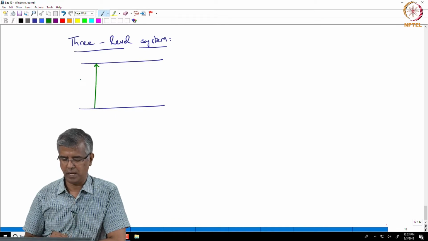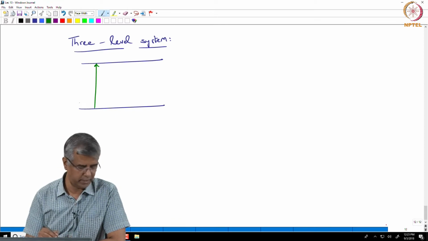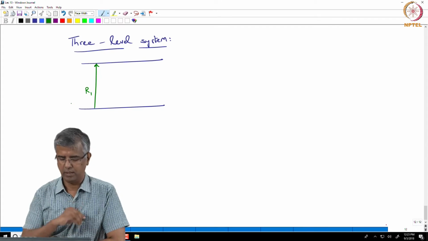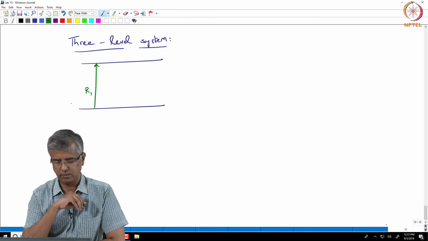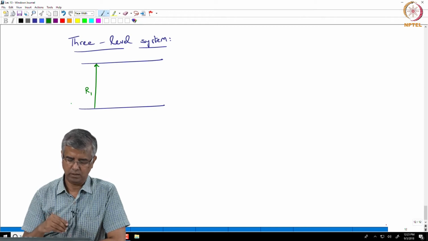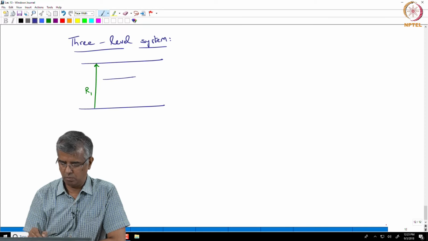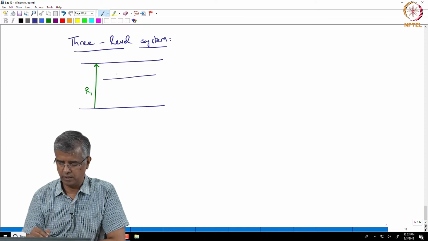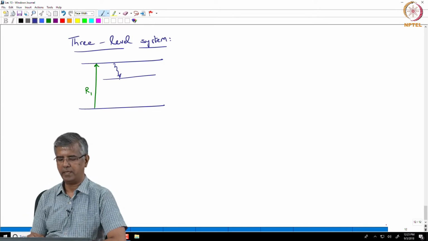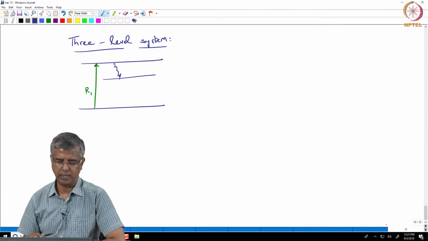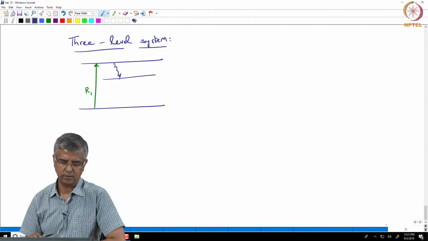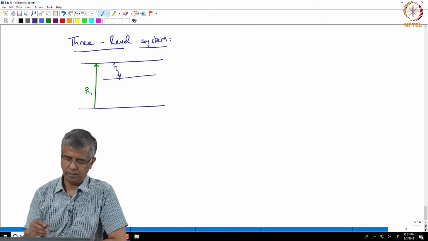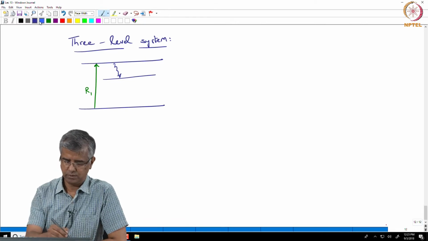Maybe pumping is happening at a rate R1, right? So you have pumping happening at rate R1. It goes to this energy level, and from there, let's say it rapidly decays to another energy level. Okay, so and if you are told that